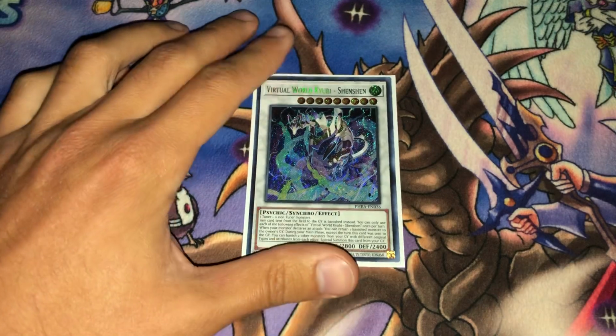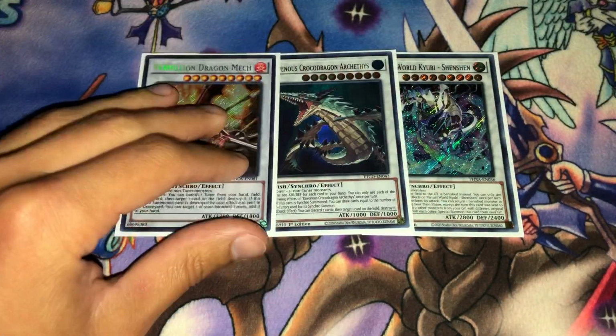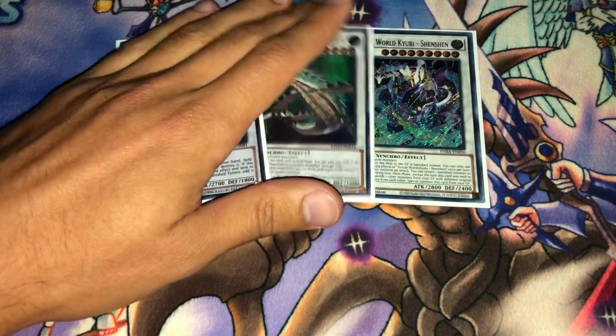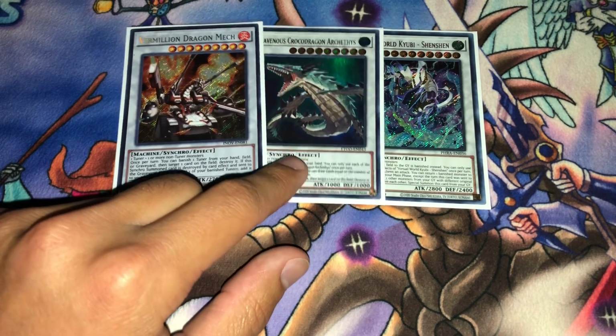Moving on to the extra deck here. So we're playing the 1 Shen Shen, of course, 1 Croc, and 1 Vermilion Dragon Mech. This is the same as my last video, you don't really need to talk about this. One thing I do want to mention though is that Evenly Match is getting a little bit more popular, and